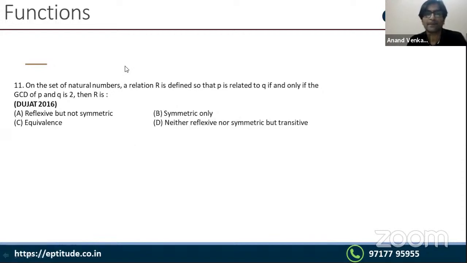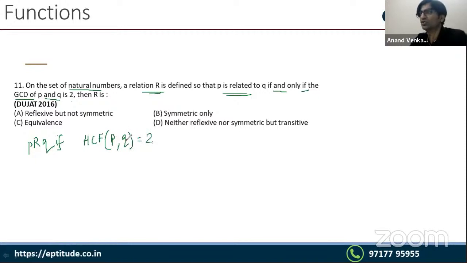11th क्वेश्चन क्या बोल रहा है, on a set of natural numbers the relationship r is defined so that p is related to q if and only if the gcd of p and q is 2। so basically p is related to q if the hcf, gcd मतलब greatest common divisor मतलब highest common factor, hcf of p and q is equal to 2। मतलब ये दोनों दो के मल्टीपल होने चाहिए और इसमें और कोई फैक्टर कॉमन नहीं आना चाहिए, ना 4 ना 2 ना 6 ना कुछ और, है ना। तो दैट इज द ओनली कंडीशन इन व्हिच p और q रिलेटेड हैं, राइट।